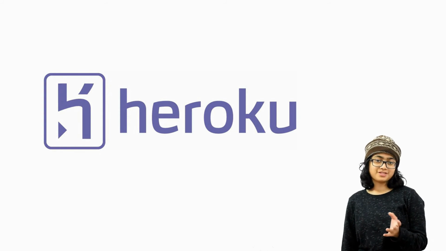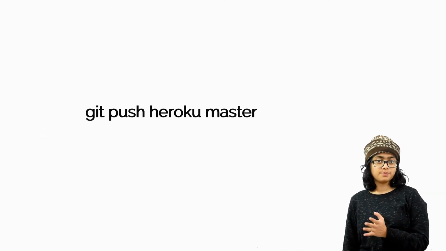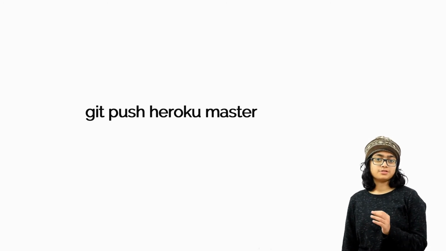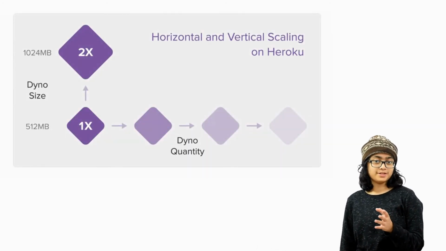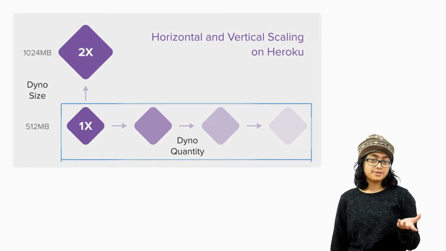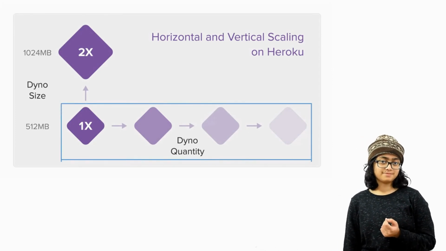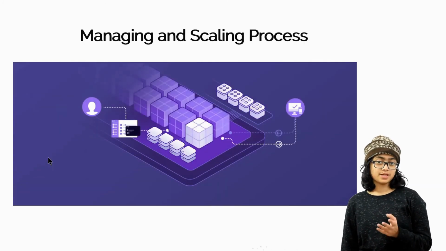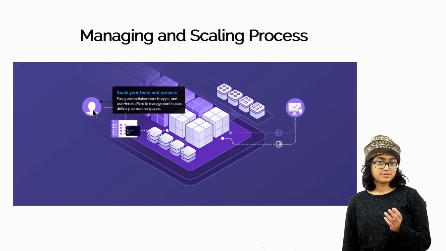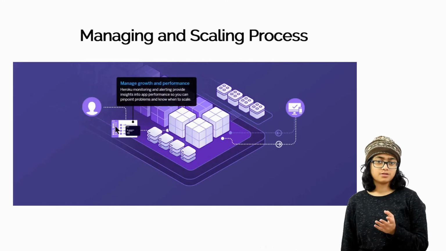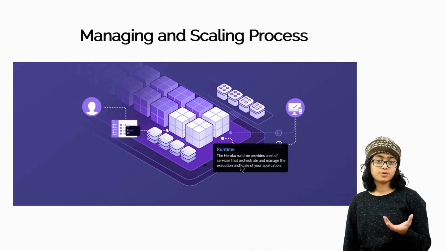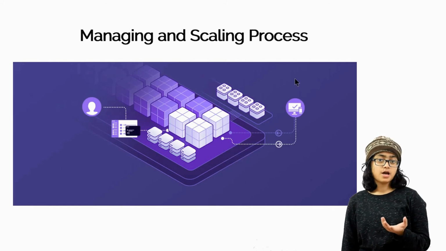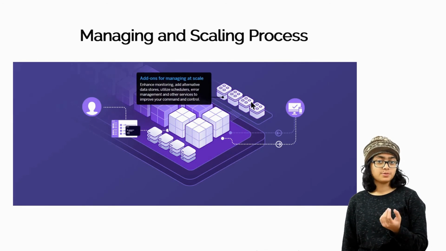We simply need to push our app to the cloud with git push heroku master after cloning and creating our app on Heroku. Our app is running on a single dyno right now, which is a lightweight Linux container on Heroku, so it will be easier to scale horizontally just by increasing the number of dynos for our chatbot application. Heroku helps us set up, manage, and scale our applications so that we can focus more on development of our application. It integrates with a lot of essential tools which are available as add-ons and helps in reducing our development time to a large extent.